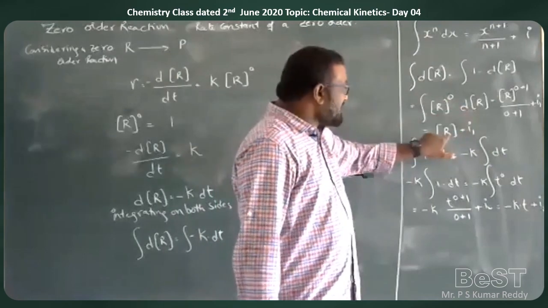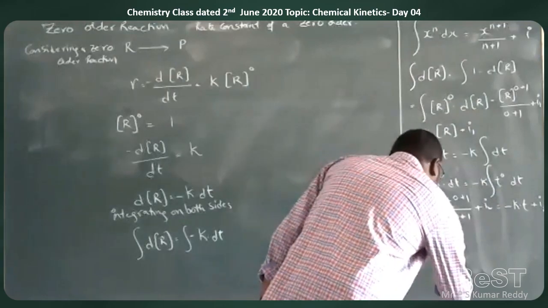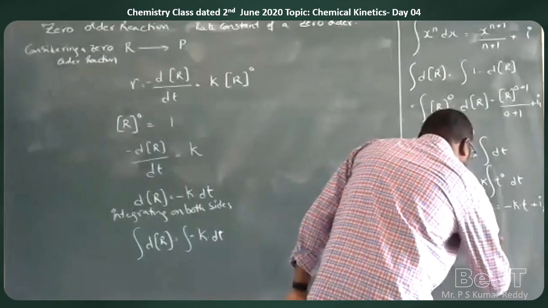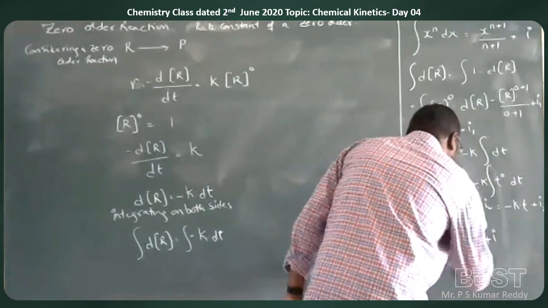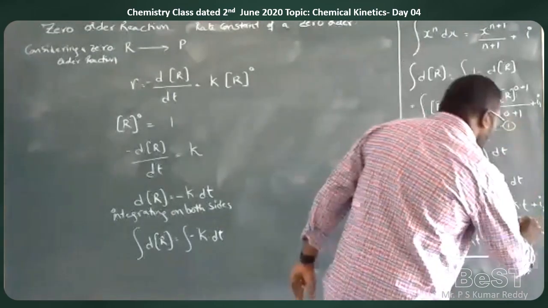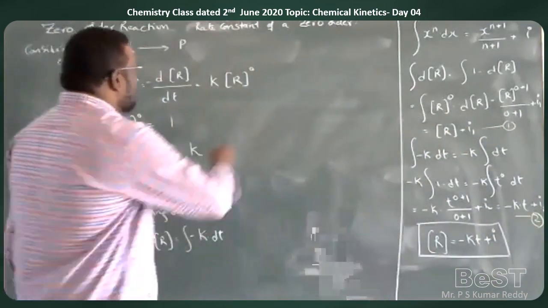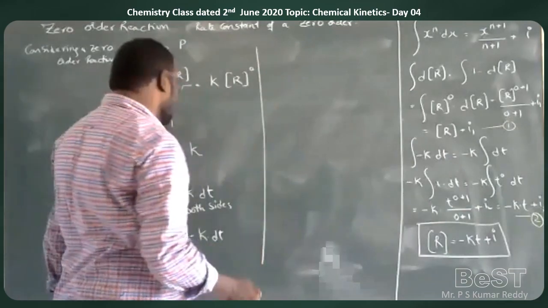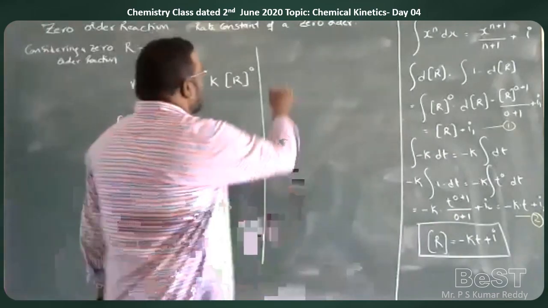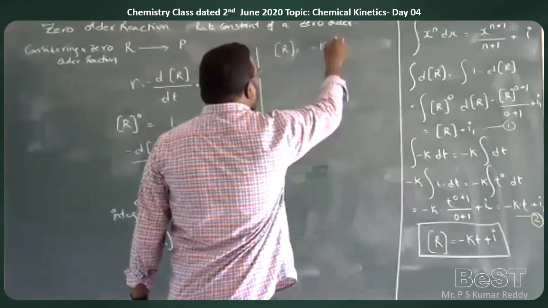By taking these two equations into consideration, since I1 and I2 are constants, we can simplify it as r is equal to minus Kt plus I. So from this one and from this two together, we can write this one like this. I am continuing it here. Integration of dr is equal to integration of minus K dt, which gives r equal to minus Kt plus I.